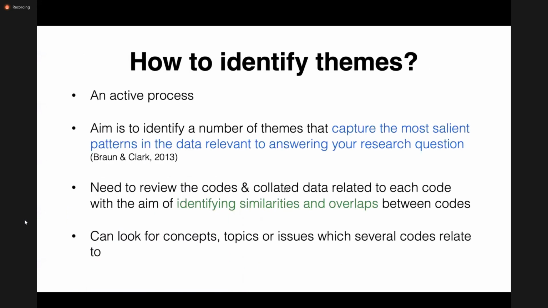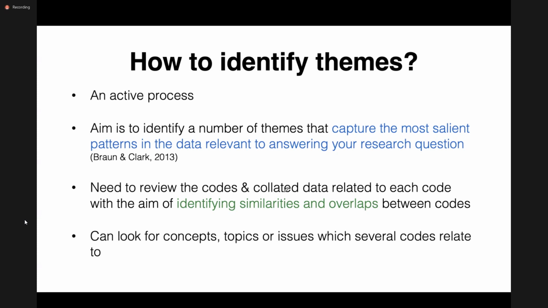So this identifying of themes, it's an active process. And what we want to do is try and capture the most important patterns in our data that are relevant to answering our research question.